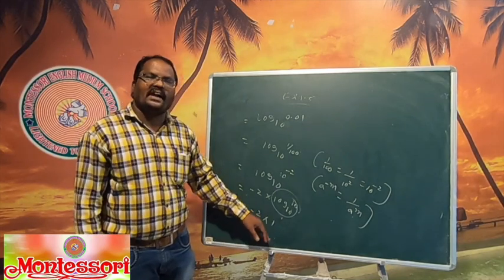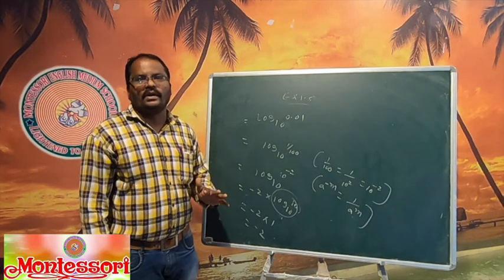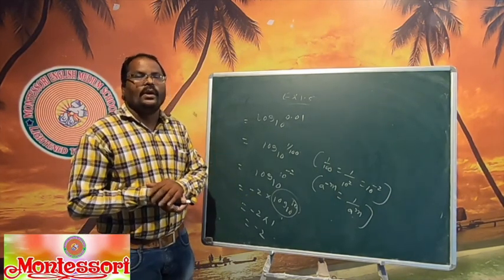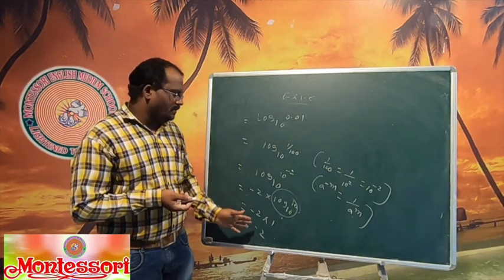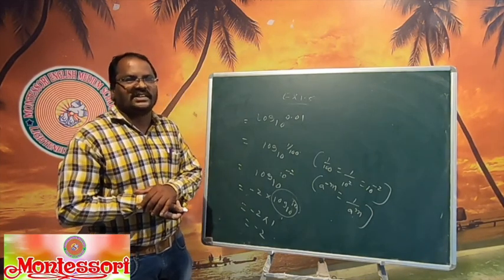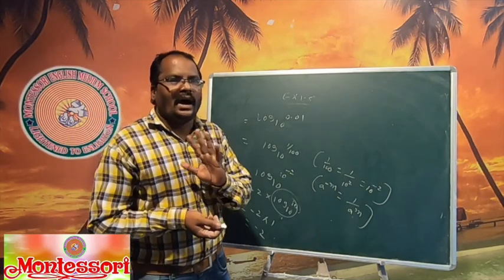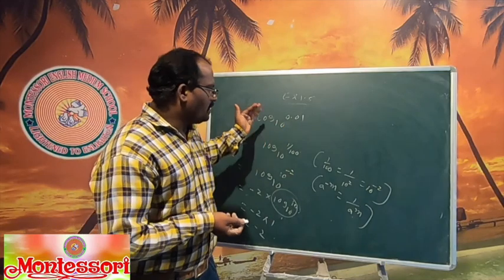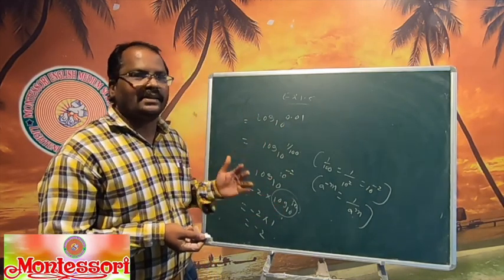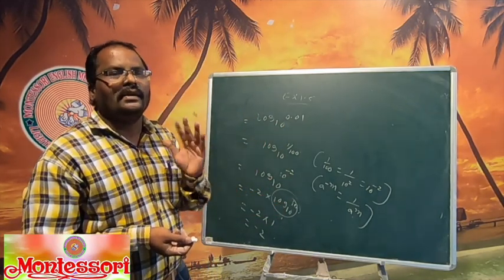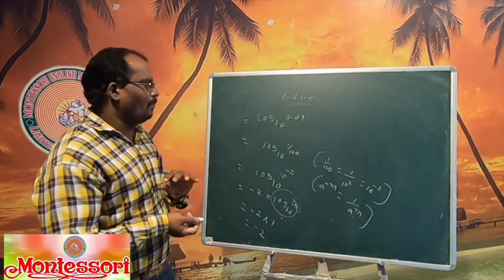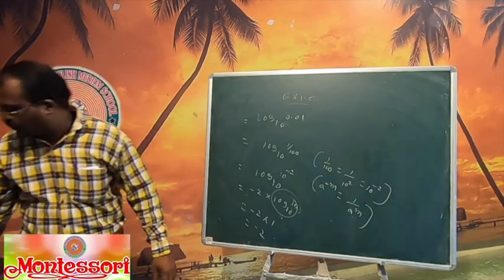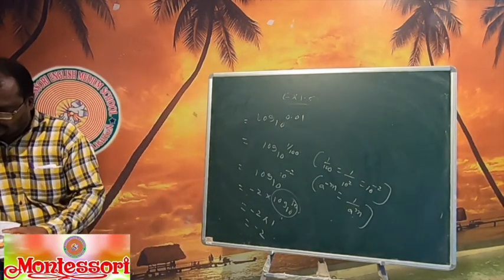But in our textbook the answer is given as minus 3. Don't worry, either it is a printing mistake or some other problem is there. When you see the answer, you say, "Sir, he gave the answer minus 2, but in our textbook it is minus 3." The answer is not important, the process is important. Listen to the process I have given. Either minus 2 or minus 3, there is some mistake or problem. So the answer you have to consider is minus 2.